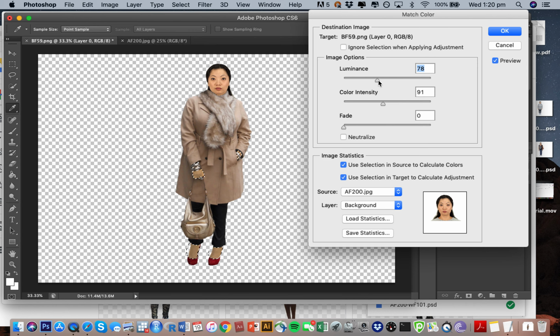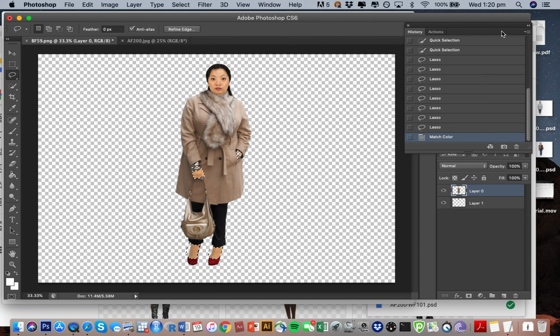Luminance. Okay, it's not crazy bad, but we can keep working on it. Okay, so I'm just gonna go okay,